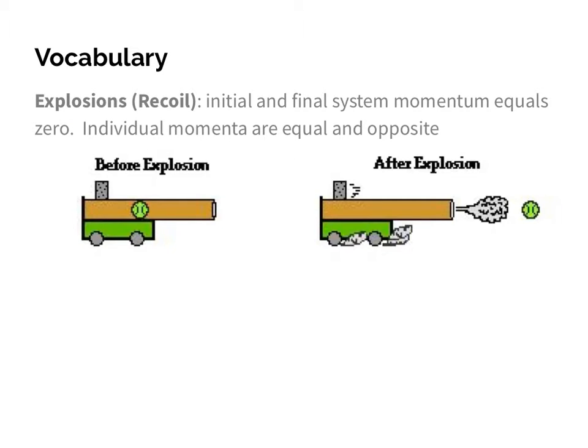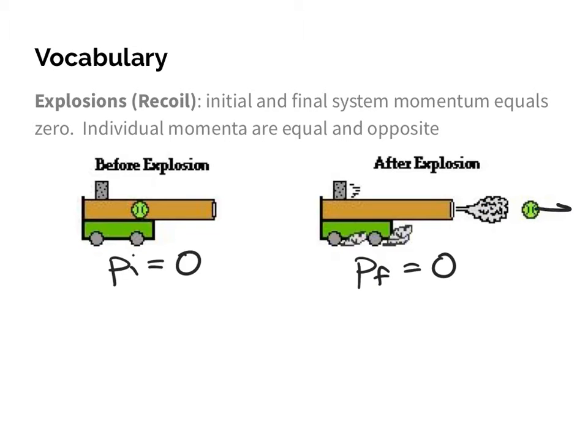An explosion, or recoil, is a case in which the objects start together. So it's like the opposite of an inelastic collision: they start together and then they separate. What makes an explosion unique is that when they start together before the explosion, more than likely the initial momentum is zero, which means their final momentum, based on the law of conservation, must also equal zero. The confusing thing is that we have two objects moving after the explosion,